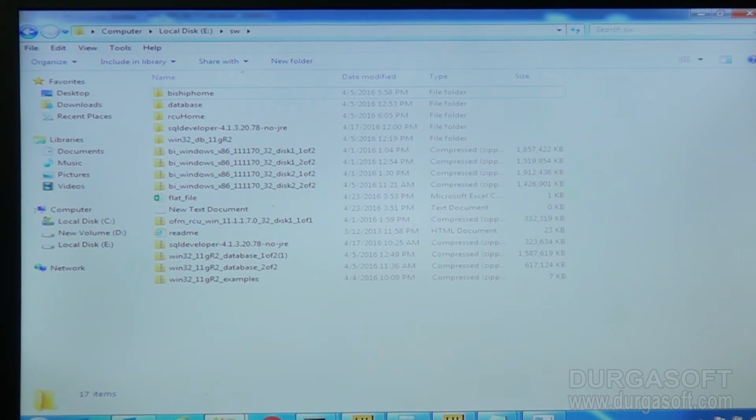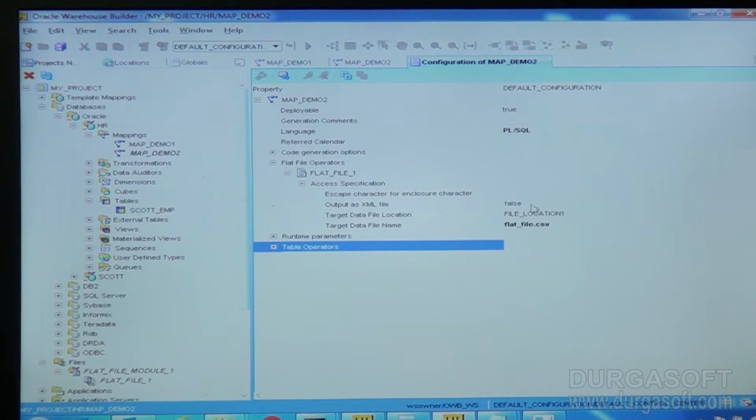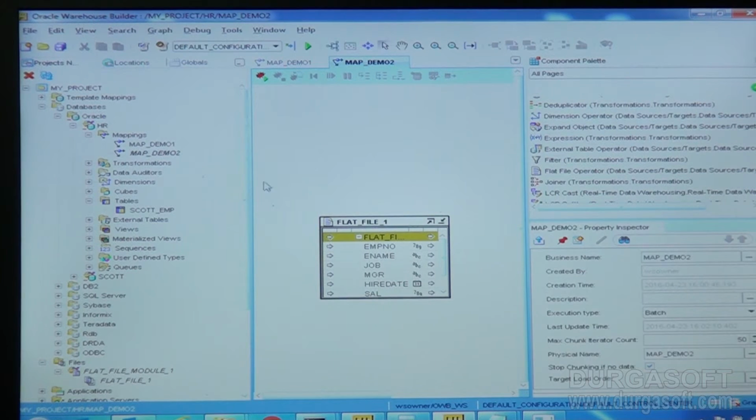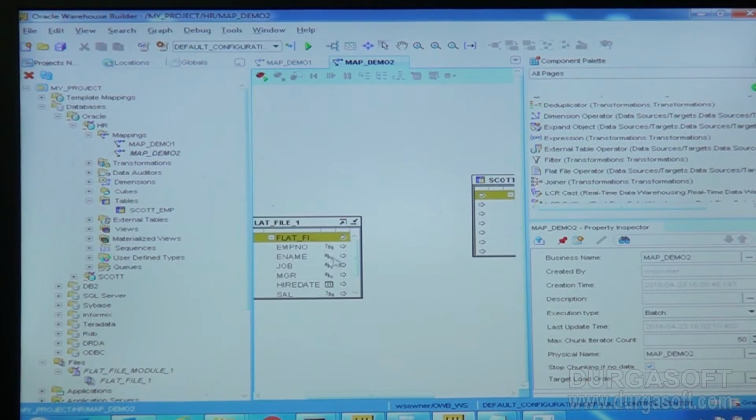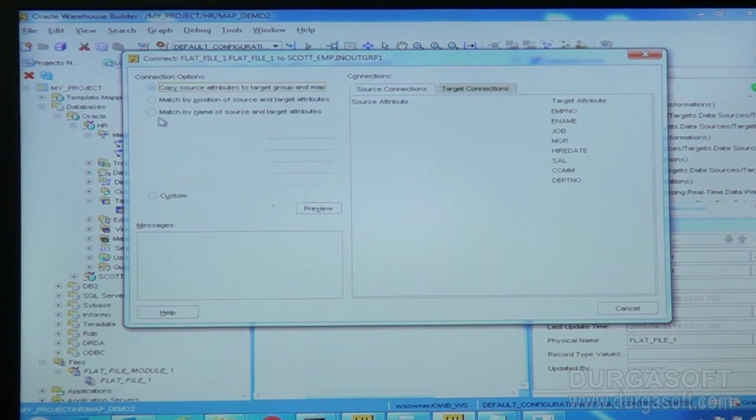Flat underscore file dot csv. So in the configuration part, that we are giving like that, and here the content wise actually I'm going to map all the columns. Okay,